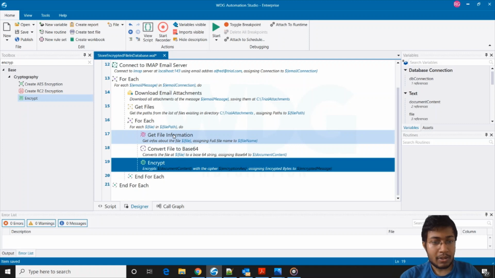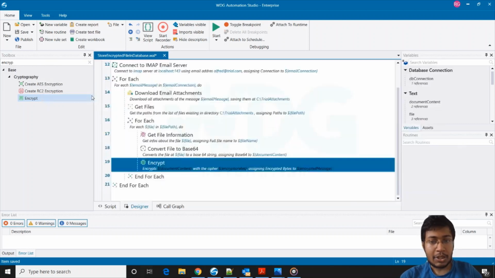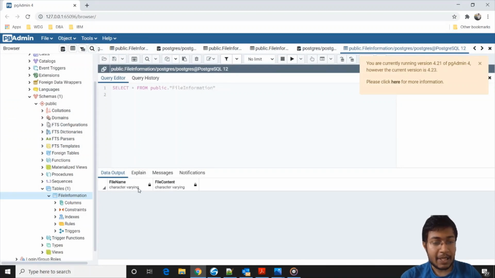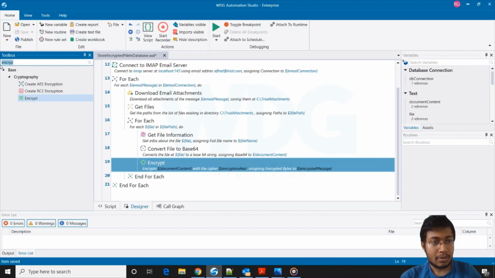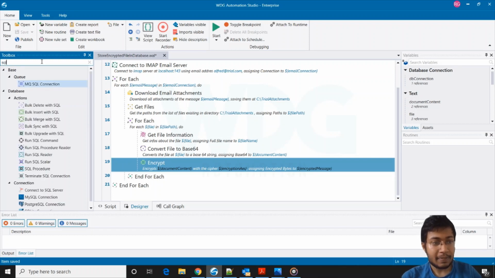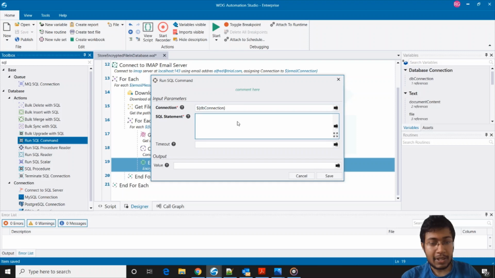And now we have to store this encrypted message in the database. So I'll show you. This is my database table, file information, which is having two columns, basically file name and file content. Let's set some SQL commands. Connection, we already defined DB connection. SQL statement would be